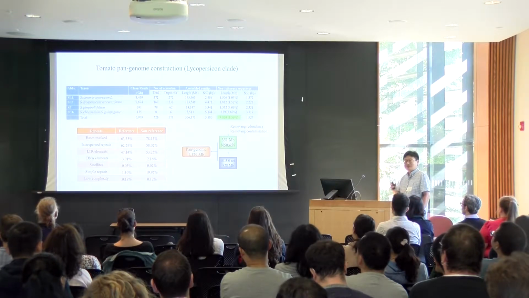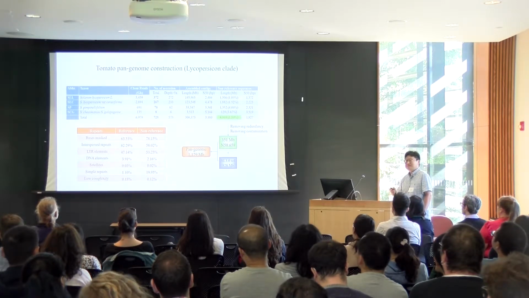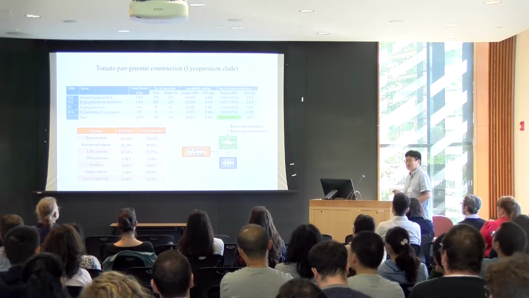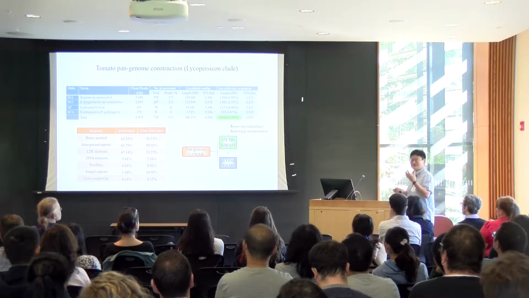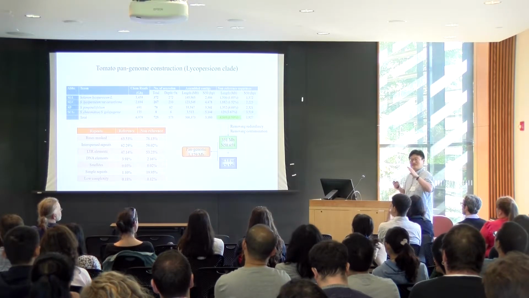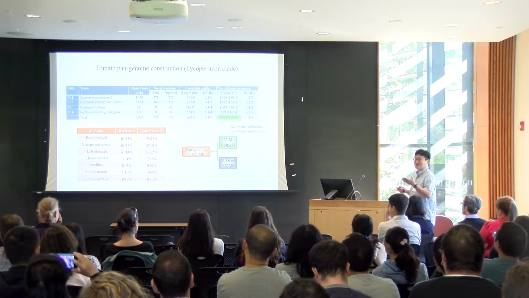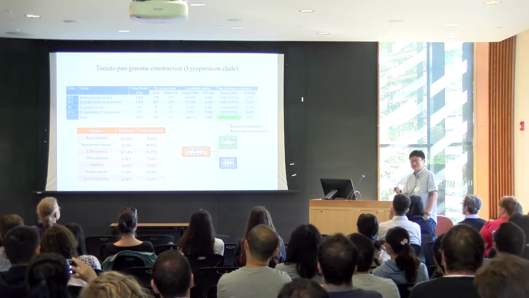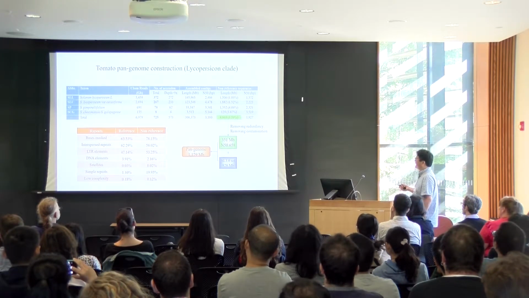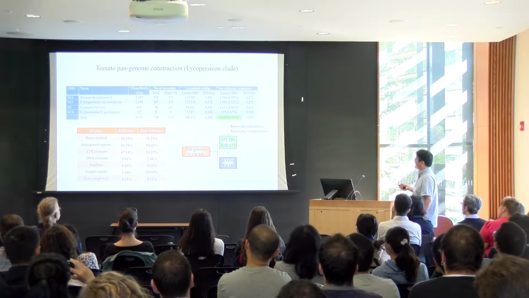So these are short read sequences. For some of them the coverage is very low, but still we wanted to do a de novo assembly for each of them. So for these 725, we did a de novo assembly. As you can expect, with short reads and low coverage, you will not get a high quality assembly. You can see the effective length is very short, and the canonical length is very short. But in the end, we got about 4 gig